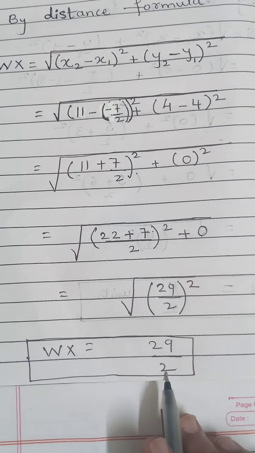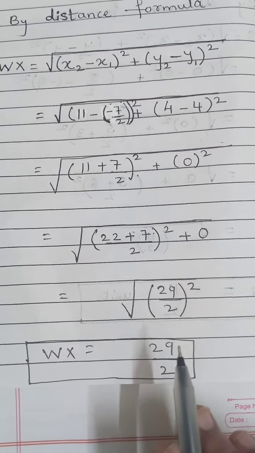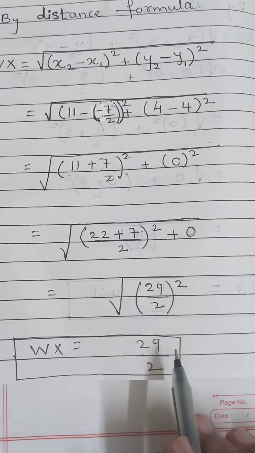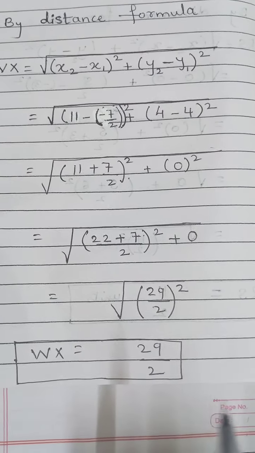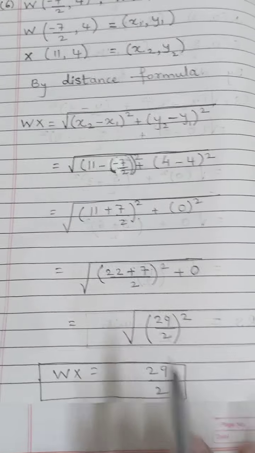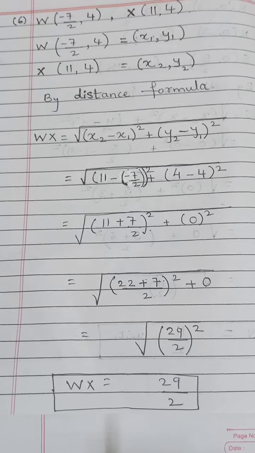You can write it like that only. Don't convert it into a decimal. You have to write it in ratio form only, that is in upon. And if you want, you can write units, otherwise it is okay like that also. So in this way we have completed our sixth sub question and also question number 1 of practice set 5.1.